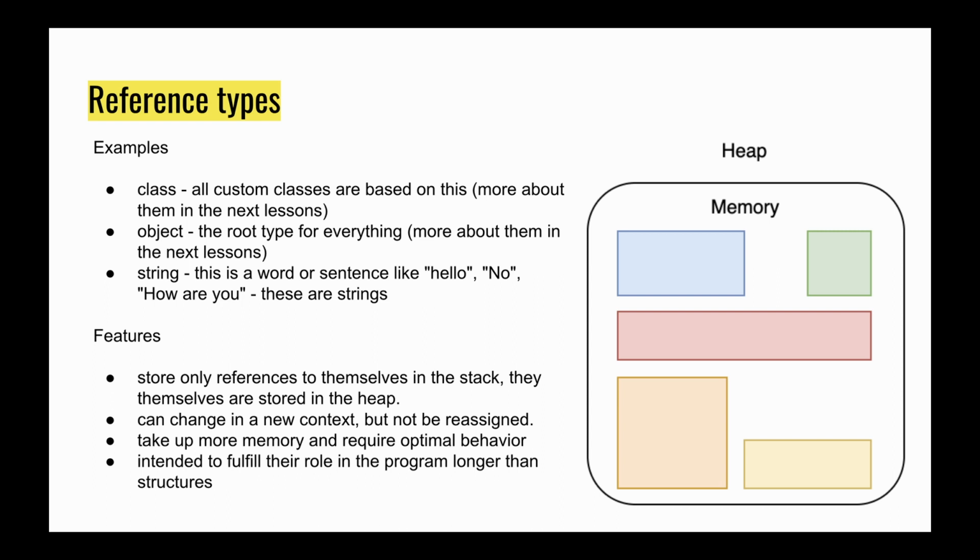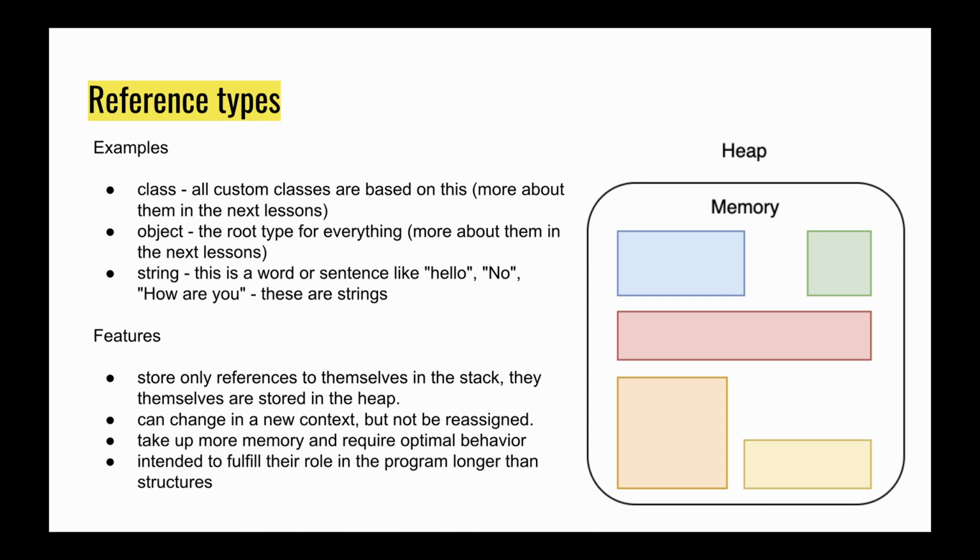Characteristics of reference types. They store only references to themselves in the stack. They themselves are stored on the heap. They take up more memory and require optimal behavior. They are intended to fulfill their role in the program longer than value types. Since there can be many